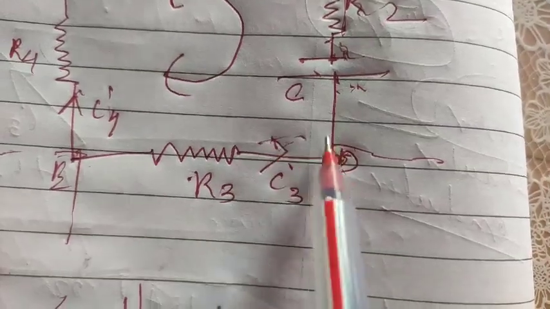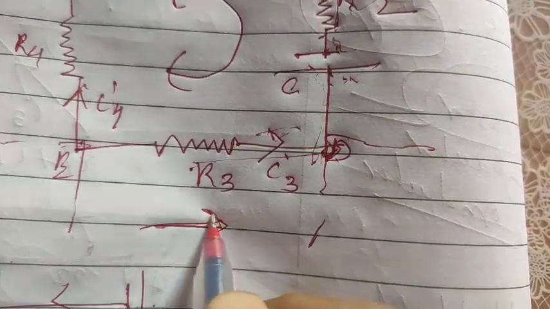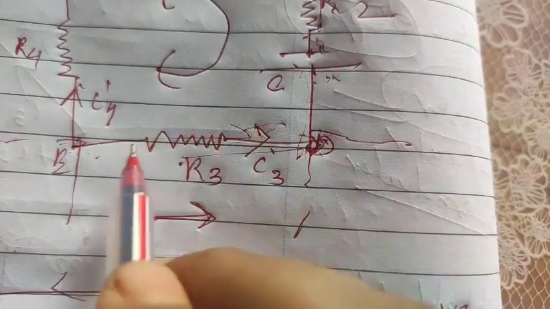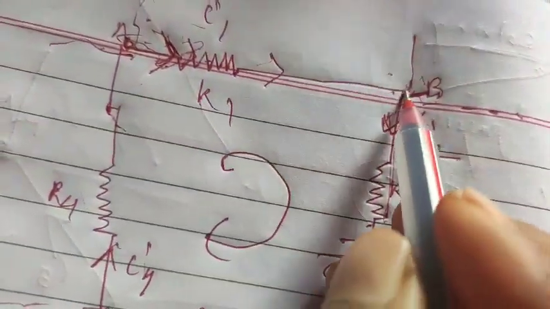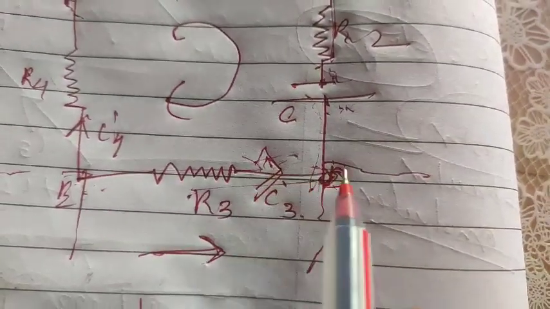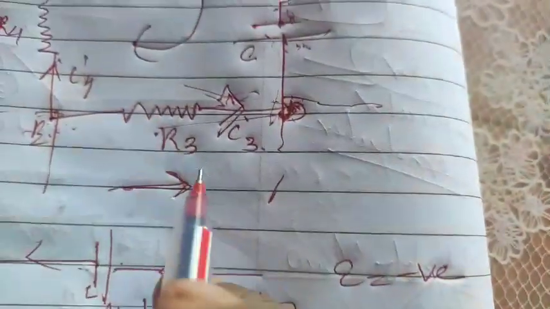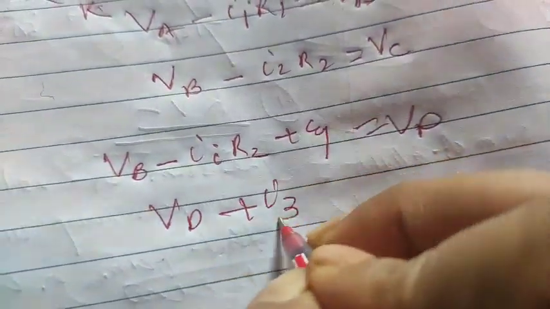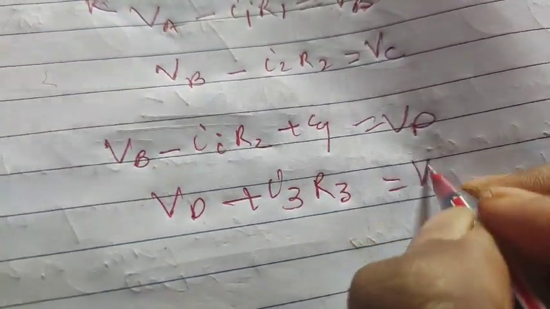Clear to you? Now we will move, student, D to E. See, here the sign changes. The arrow is not going like this. See, the arrow is going like this, student. Means we are moving D to E, so the arrow is opposite of our path. Here you see the arrow: this arrow direction is with us, but this arrow direction is against us. Means I am going D to E, but it is toward E to D. So here you will take positive, means VD plus I3 R3 equals VE.